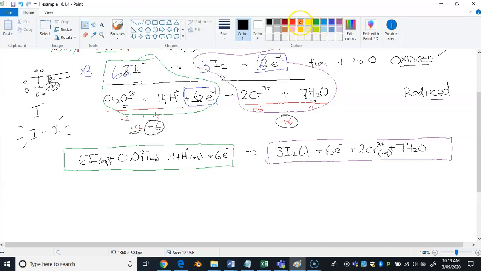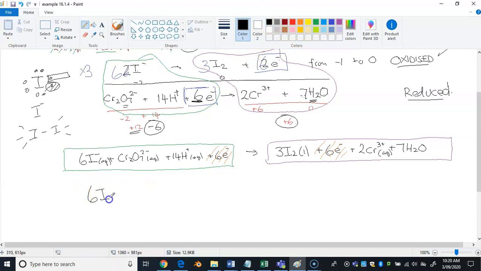So let's go get rid of things that are the same. I've got iodine as I⁻ over here. It's changed, so we keep it. Chromium is in this ion here. Over here, it's changed to something else, so we keep it. H⁺ over here doesn't even exist on this side, so I'm definitely keeping them. The only thing that's the same is the electrons here and here, and so I can get rid of those by saying